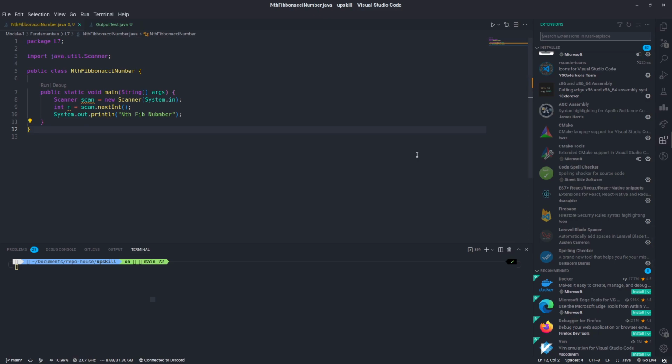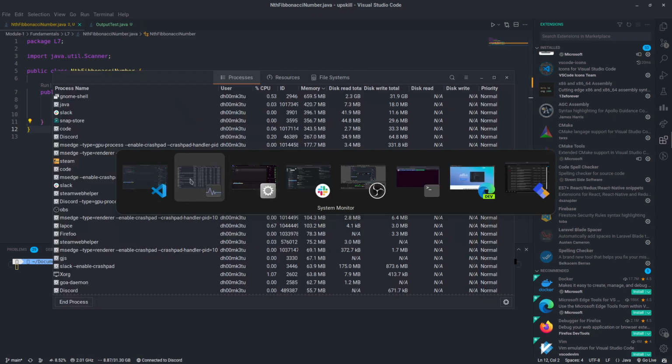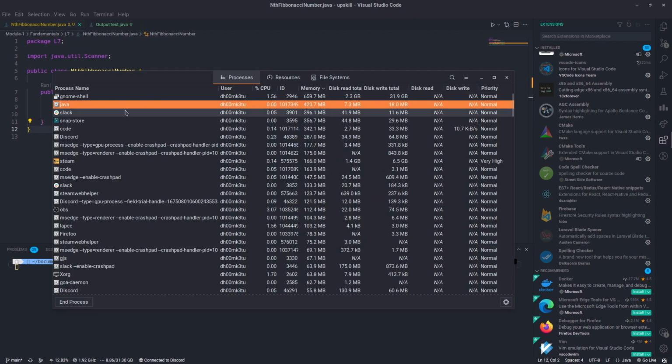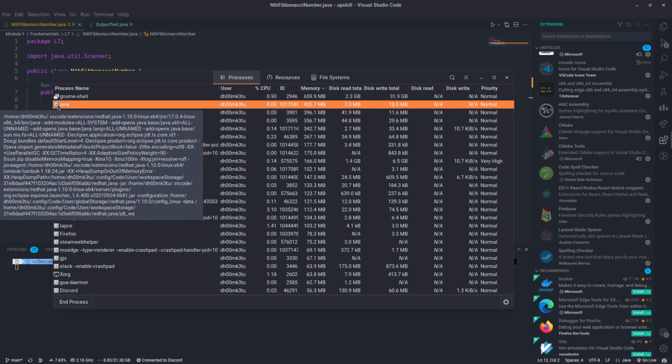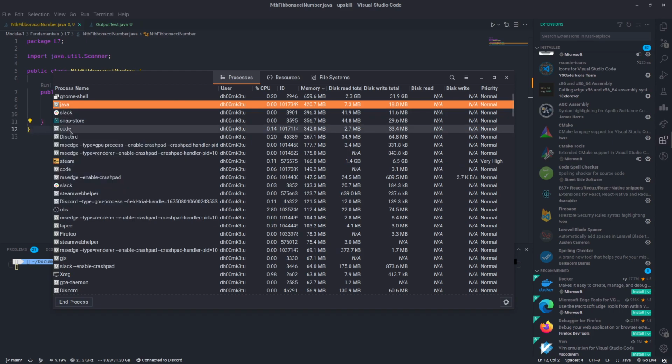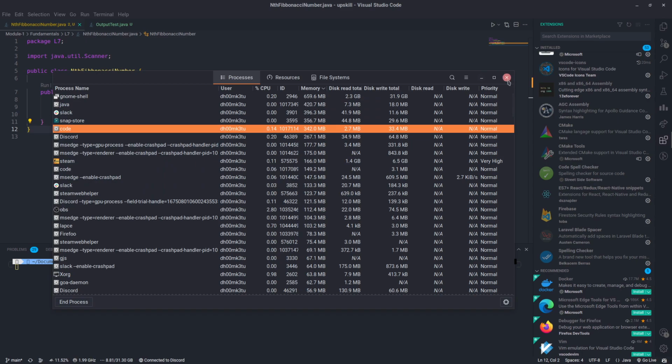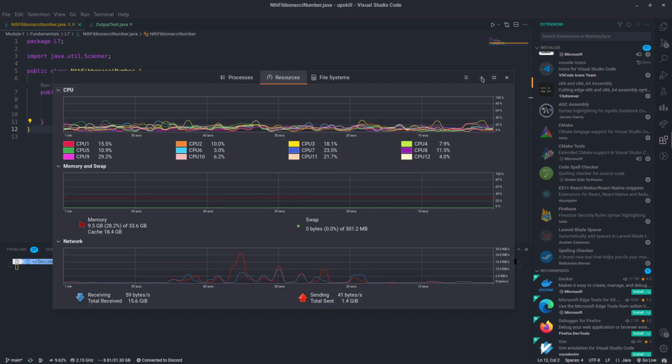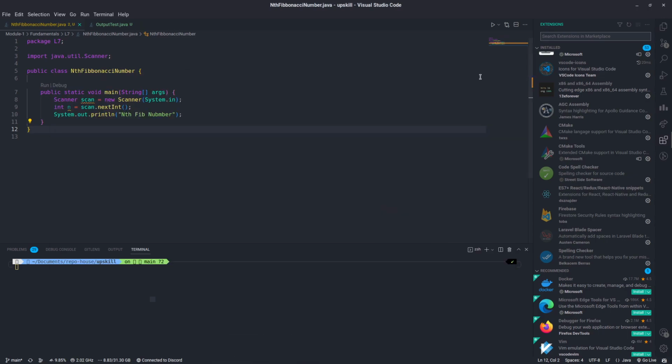they do run. Also, one interesting thing about VS Code that I noticed recently is this Java thing that you're seeing here, it's an extension for VS Code. Let me just hover over it. See, VS Code extensions Red Hat Java. It is taking 420 megabytes of RAM on my system, which is more than the code editor itself. I don't know why this is happening, and it's not a problem for me exactly. But for some systems, people running on bare bone systems, or